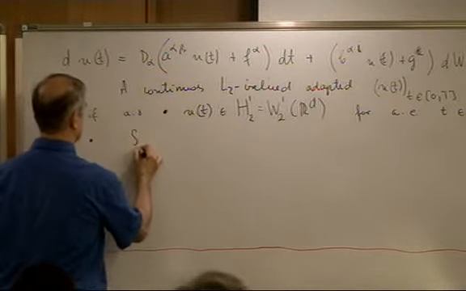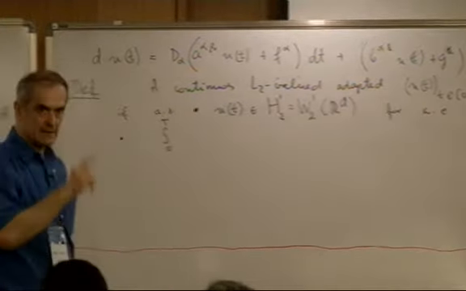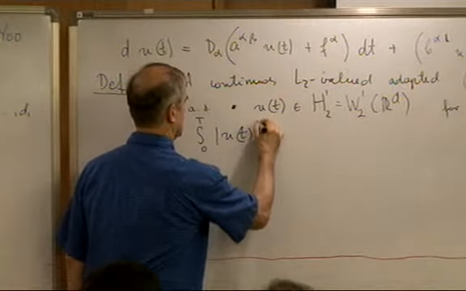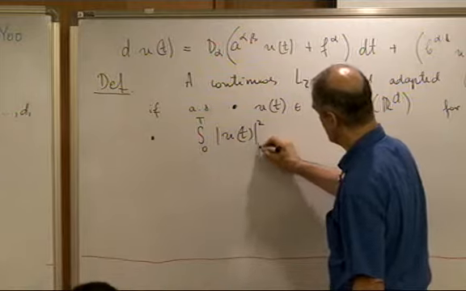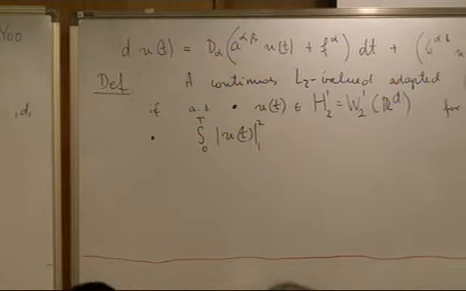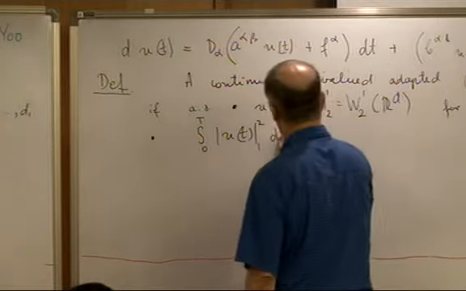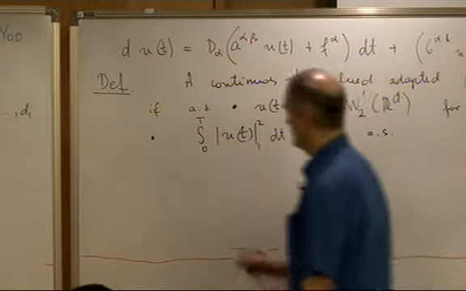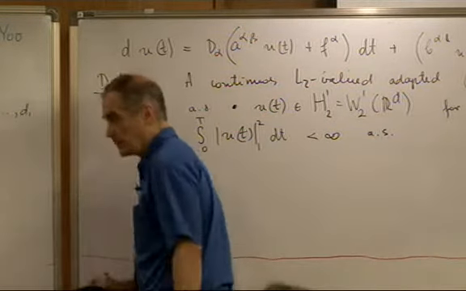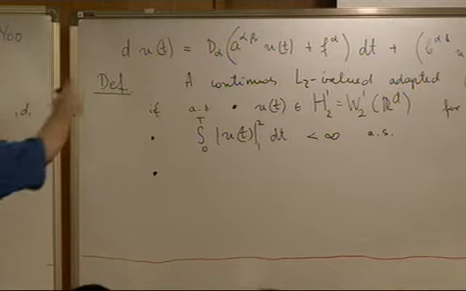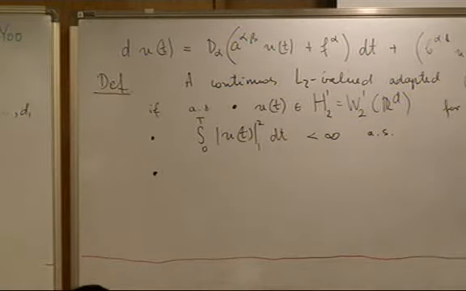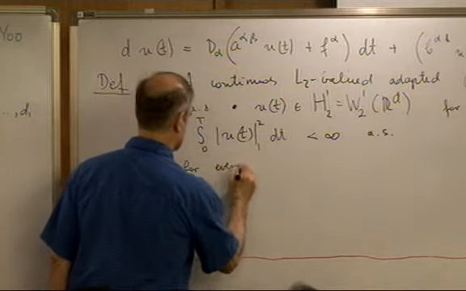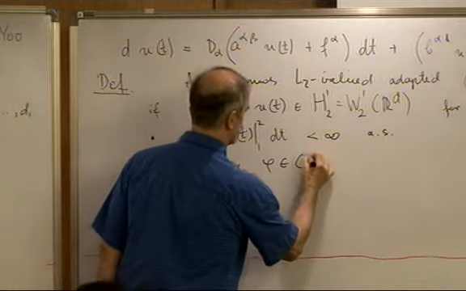Second, that it is in the L2 space in time, so the u_t H1 norm, which I just write with a 1 here, integrated is finite, almost surely. And the equation is satisfied by using test functions, that is, for every phi from C_0 infinity,